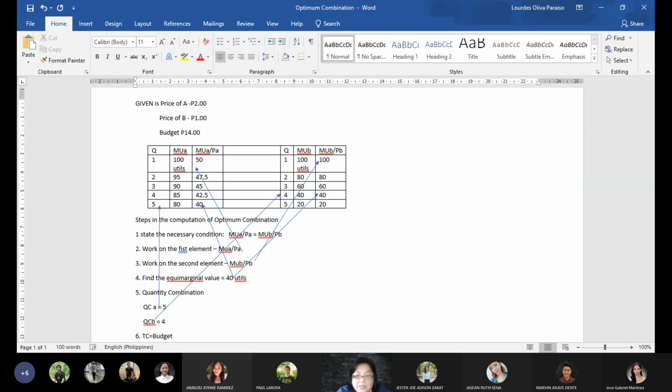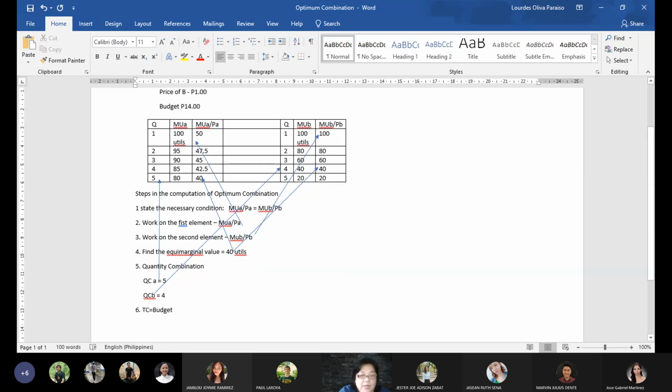So, if your total cost is equal to your budget, therefore you need to have your quantity combination of A plus quantity combination of B. Okay? Plus quantity combination of B should equal your budget. Therefore, this is equal to